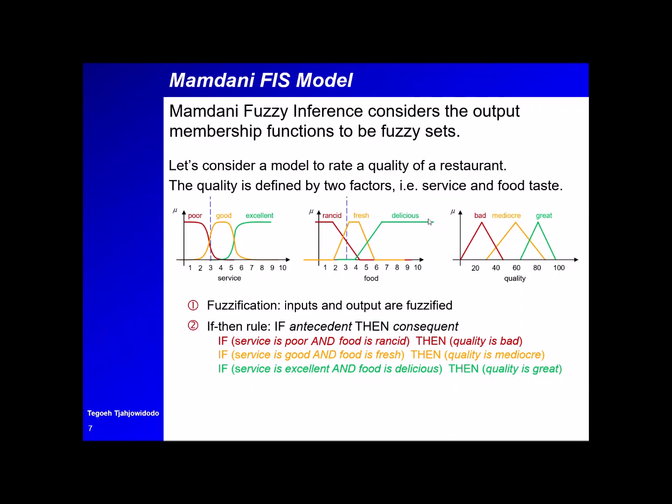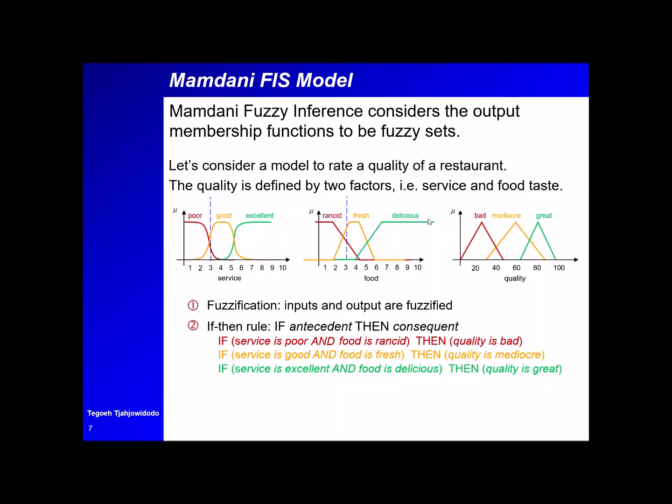And the food taste is not that good also, so I will give a grade of 3. So the value of 3 for surface and the value of 3 for the food taste is in our language, our crisp language. But to process it using the FIS model, it doesn't understand this crisp value. It doesn't understand what 3 is for surface, what 3 is for the food taste. FIS doesn't understand them. So we need to translate it